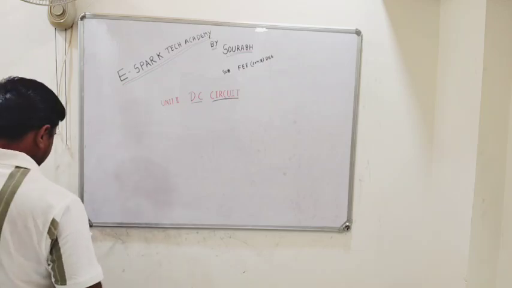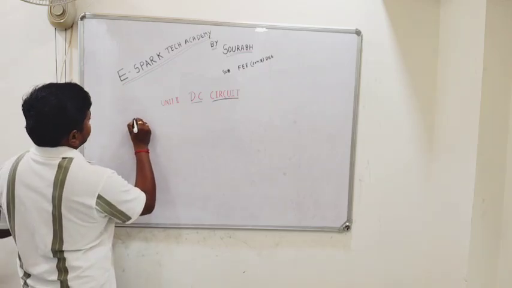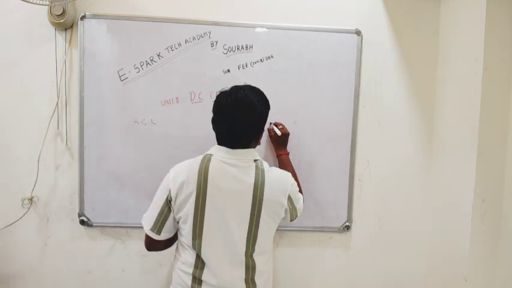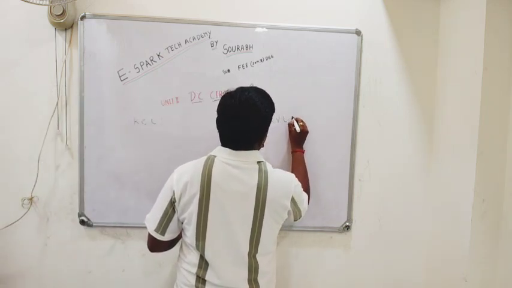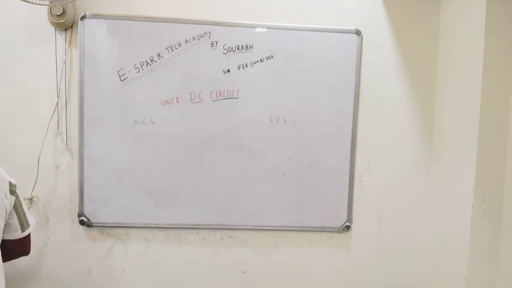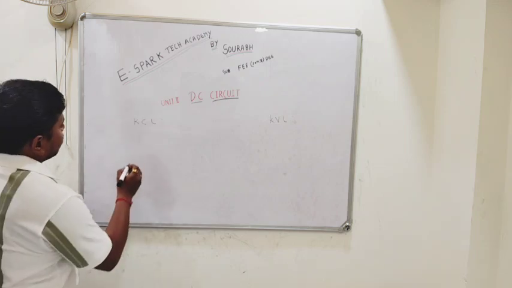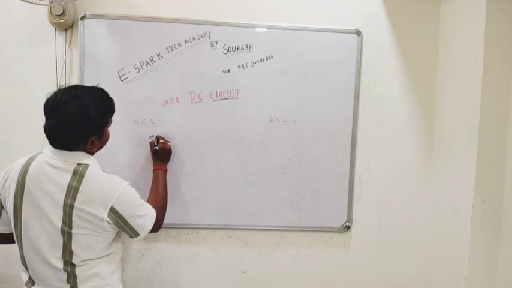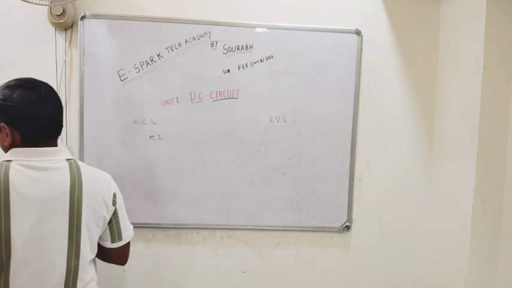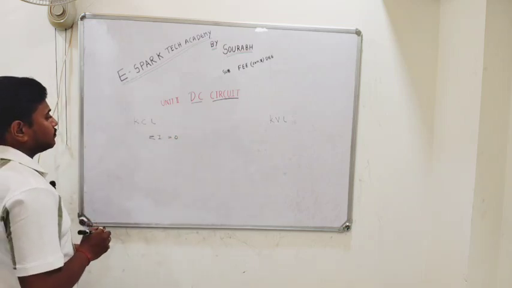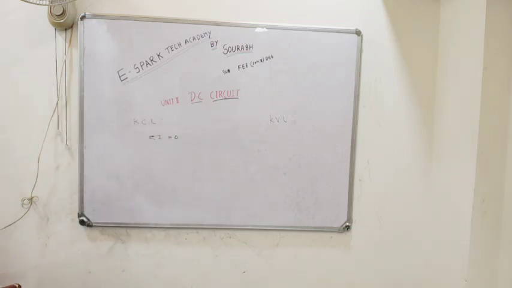Both things will be taught to you parallelly: KCL and here KVL. Now KCL and KVL. Here summation of current is equal to 0, meaning a current entering